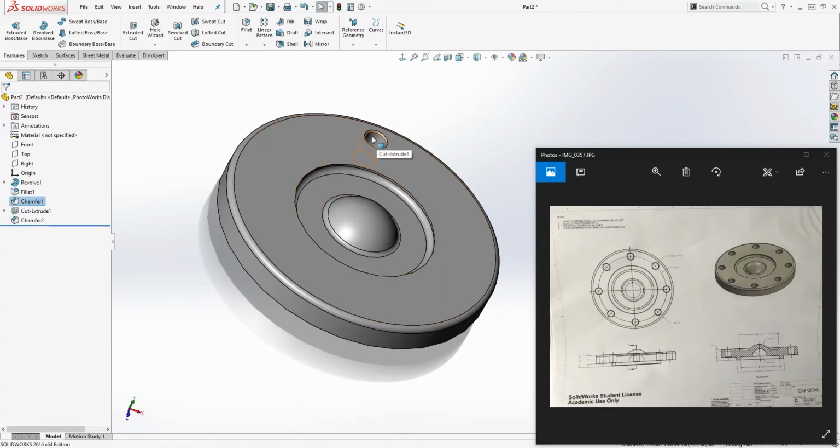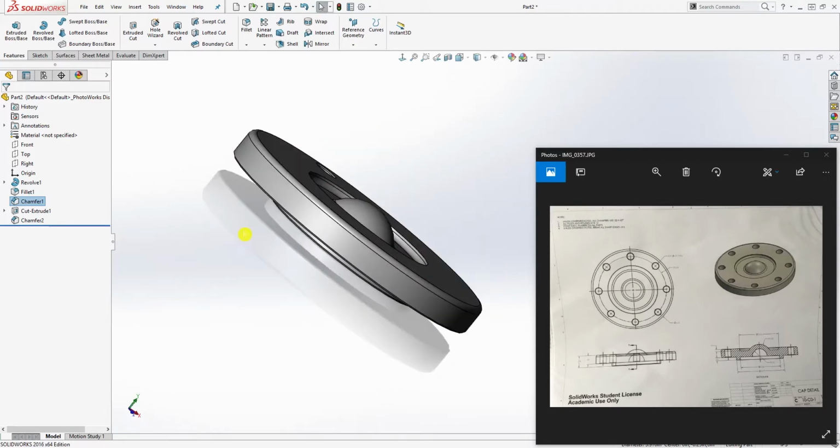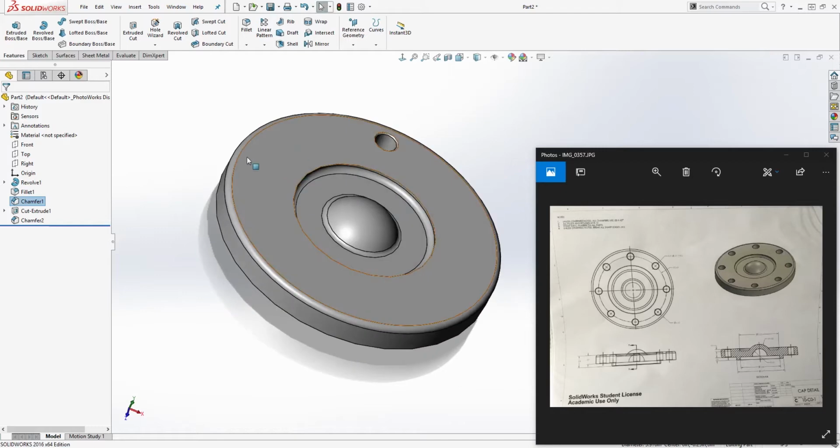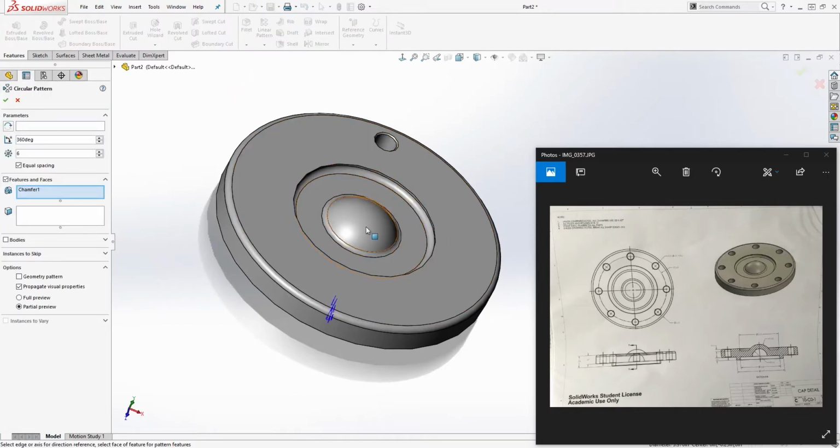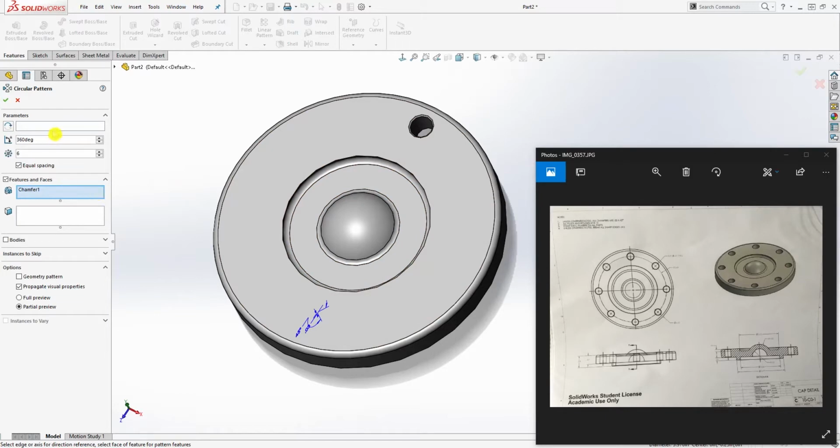The reason why I unselected it from this feature is because we are going to use the circular pattern, and when we circular pattern this hole, we are going to be patterning the chamfer as well. But if I have this chamfer included in that feature, then that will give us some problems, so that's why I took it off. So now we can go to our circular pattern, and the edge, select any circular